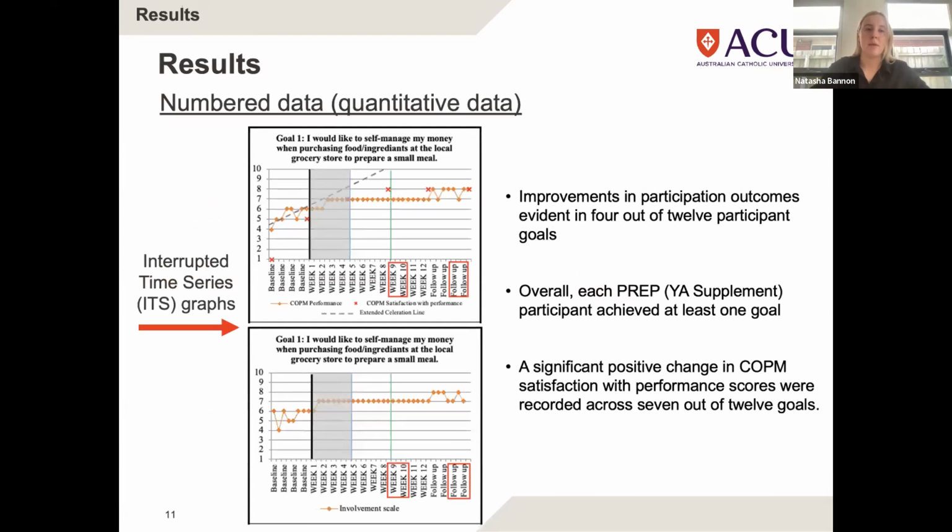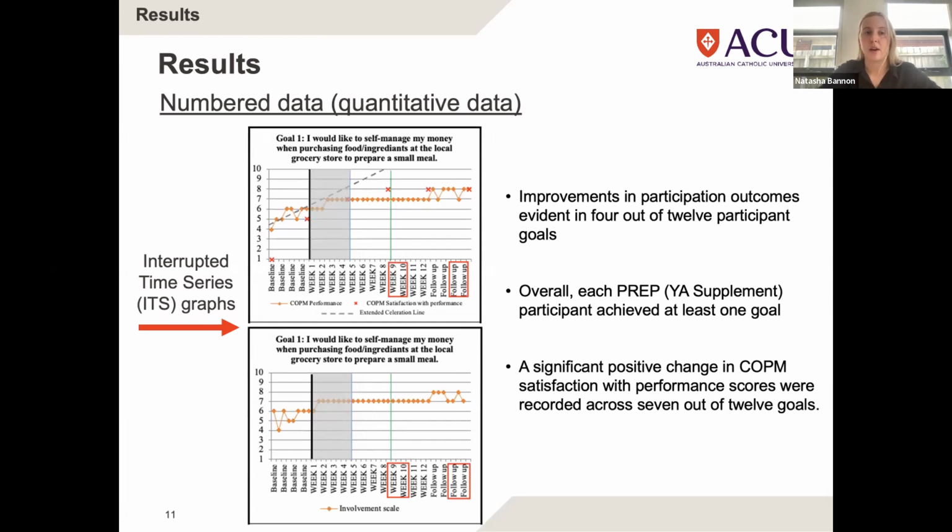So here we have all about our progress and outcome data, which we collected throughout PrEP. This was pulled together to create what we call interrupted time series graphs, or ITS graphs, for each of our participants and their goals. The benefits of using these ITS graphs is that due to the amount of data that's collected before, during, and after intervention, it allows us to grasp a story over time, which is able to provide more depth about